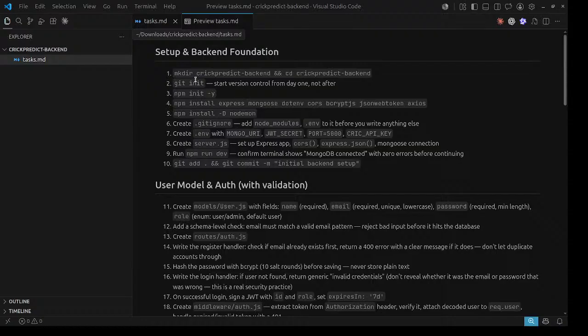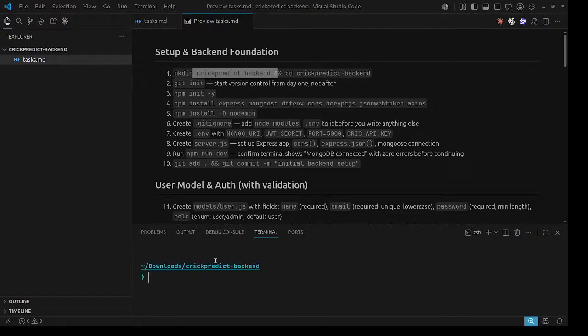Okay. So we did our first task, which is create the cricket project backend, and we are still in this. Now our next task is git init. The whole purpose of creating this project is to learn something with me. If you have any question, I think it's pretty much boring stuff for you.